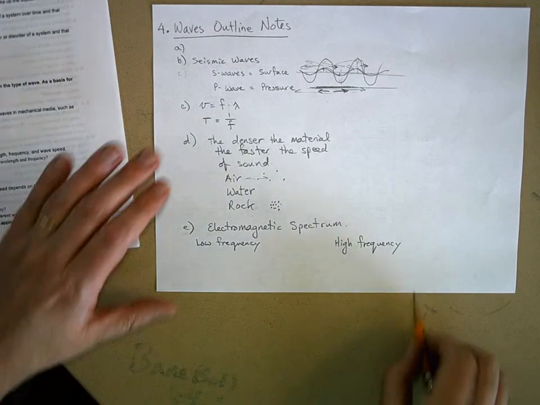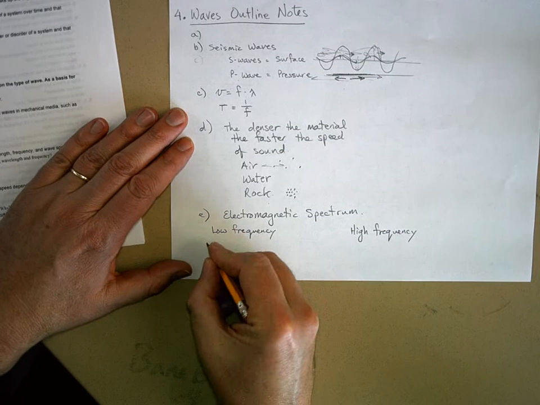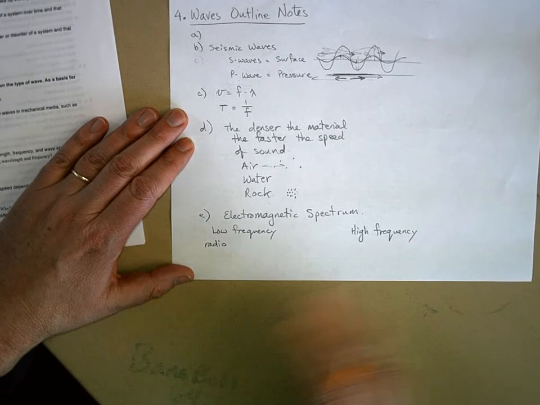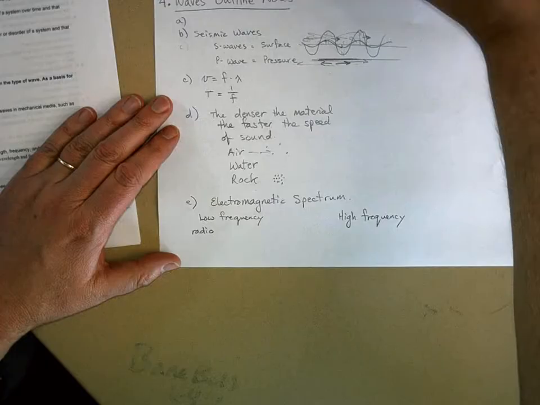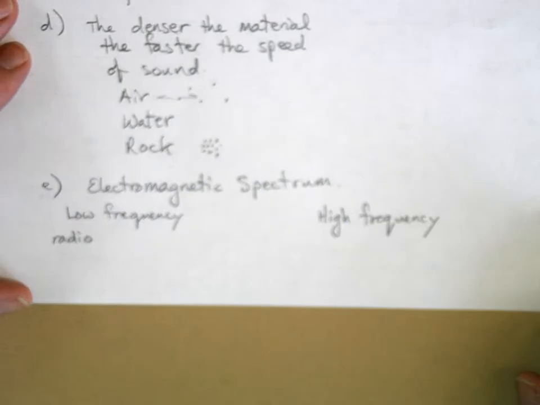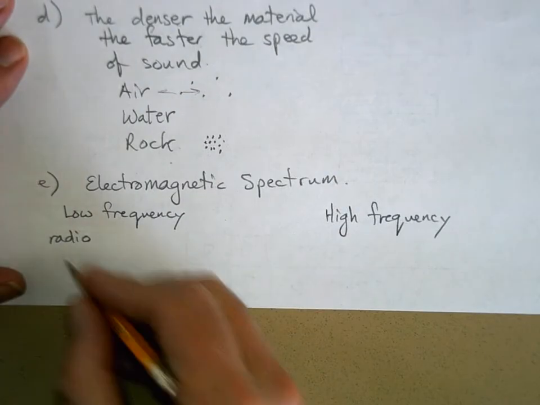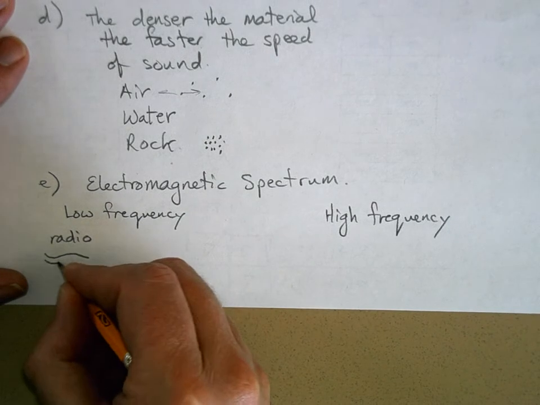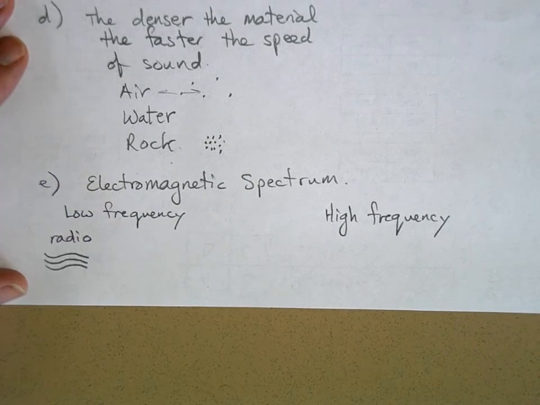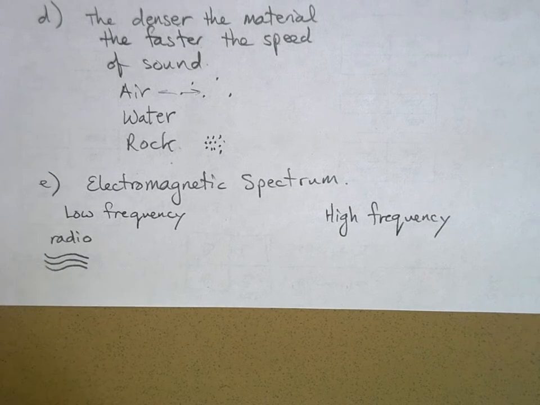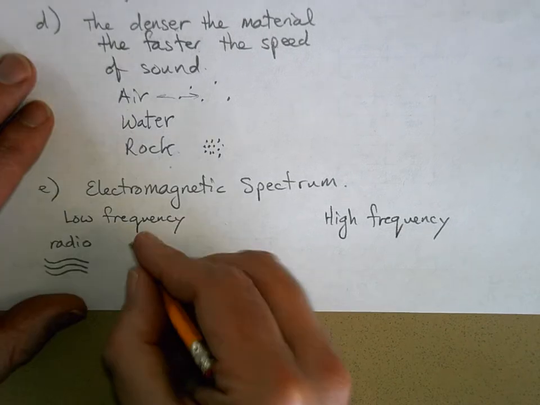So, here's how I like to do this. Radio. Okay, let me zoom in. Radio waves, very low frequency. Now, by the way, you have power waves, very, very, very low frequency. Then you have AM radio, which is measured in kilohertz. Then you have FM radio measured in megahertz. And then you get into microwaves,